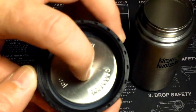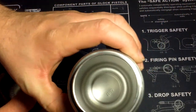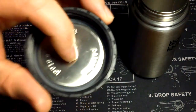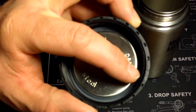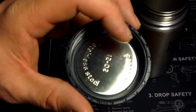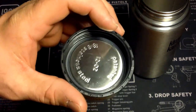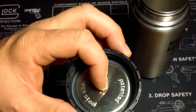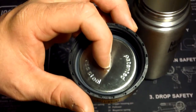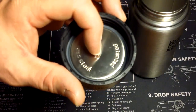Alright, so this has metal, and their claim is, okay, well, we don't want any plastic with the liquid, so we got metal here too. Well, you're not really going to seal unless you're using some type of rubber anyway, and there's a rubber washer that goes around this perimeter here. So it's minimizing the plastic and or rubber exposed to your liquid. But hey, it didn't go anywhere. It's still there. It still has to be there unless it was some type of very precise lockup where it mates to the bottle itself. But that's not going to be watertight as it needs to be